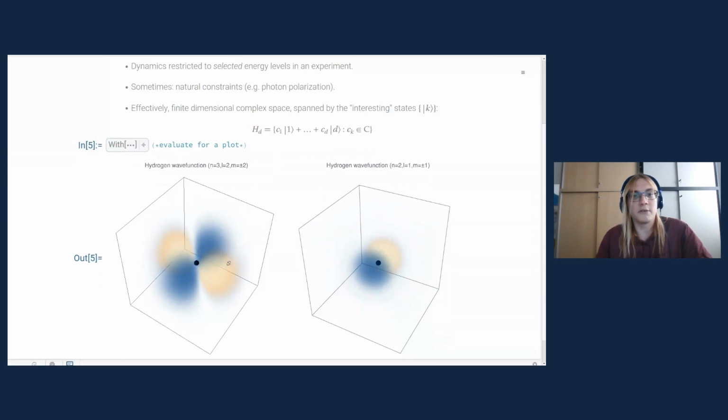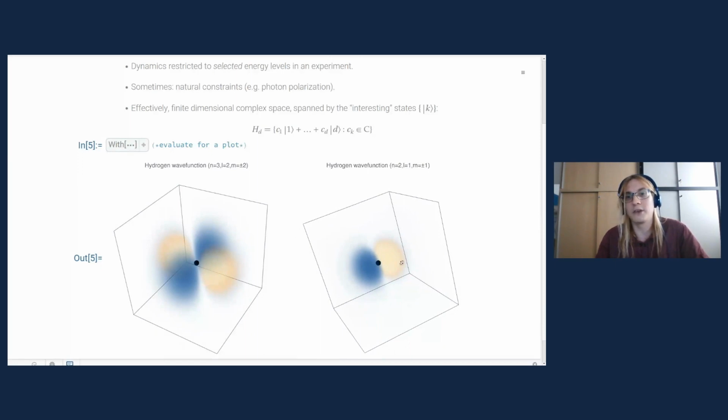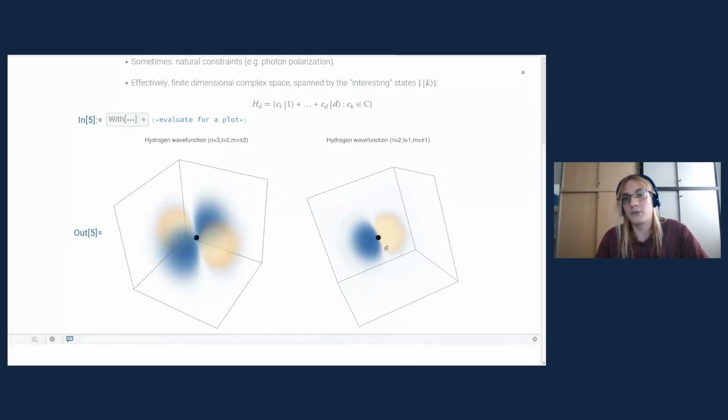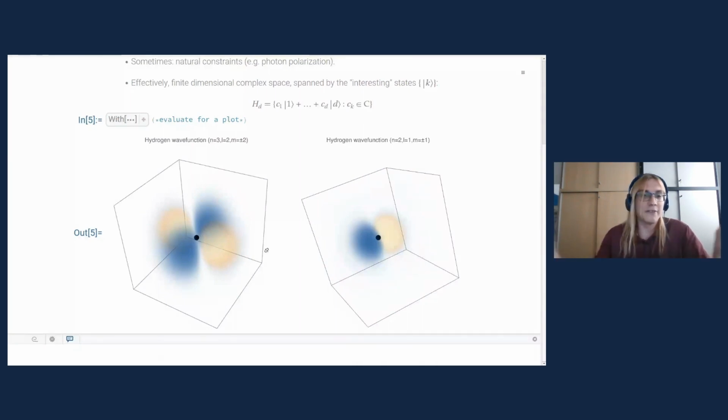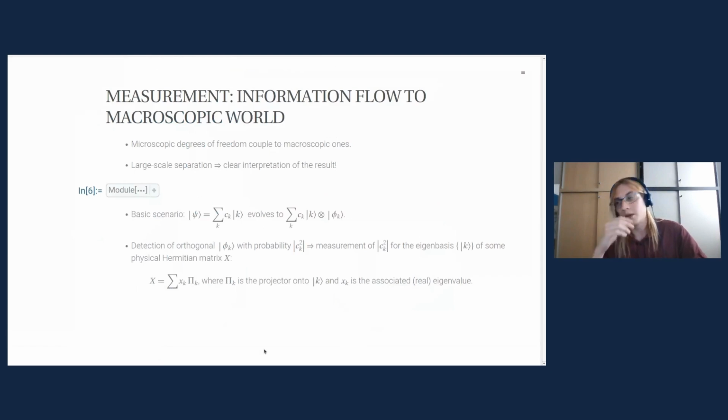So, for instance, in the case of hydrogen atom, we could take these two wave functions describing the electronic states of the hydrogen, and we could span the entire space with only these two, and we would have a qubit, a two-dimensional complex space. So if we have this, we have restricted ourselves already to finite dimensional subspaces, we could start thinking about measuring things. So how does it happen? Well, it's a very complicated question. We don't fully understand the details up to this point of time, but we more or less